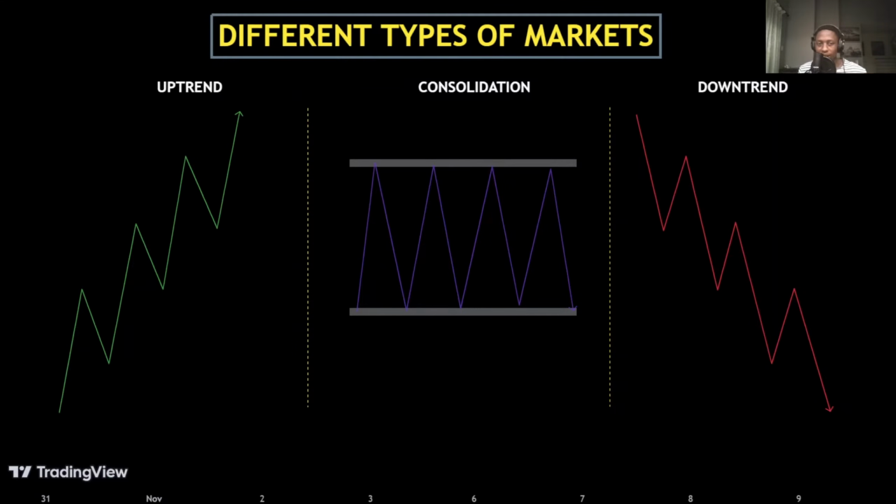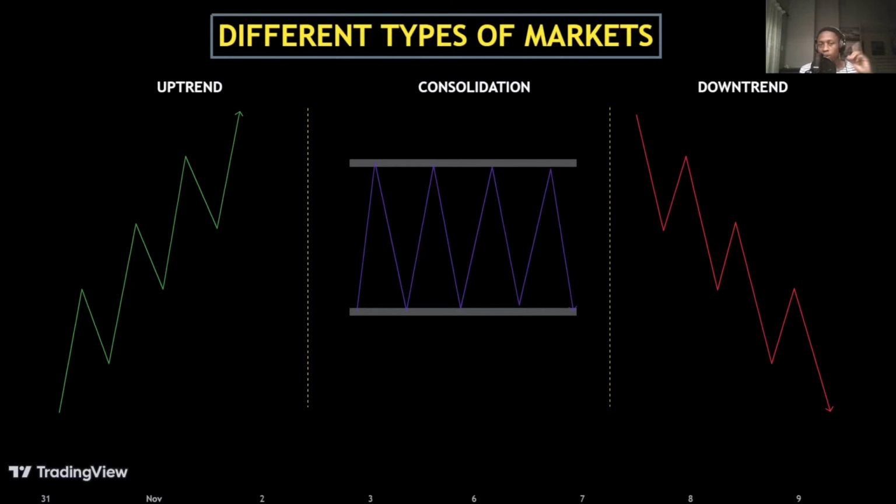Before we even get into the nitty-gritties of market structure, I want us to understand the different types of markets and how they influence the way we trade. Understanding where the market is trying to go will make it much easier to identify where the major highs and the major lows are. So we have uptrend, consolidation, and downtrend. These are the three different types of markets, but in this video I'll be focusing more on uptrends